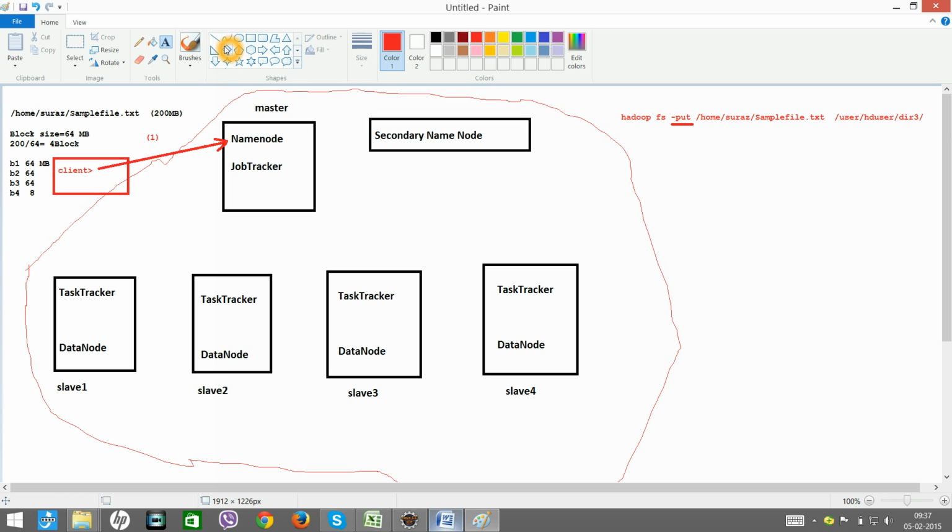Now this name node will start contacting all the data nodes.